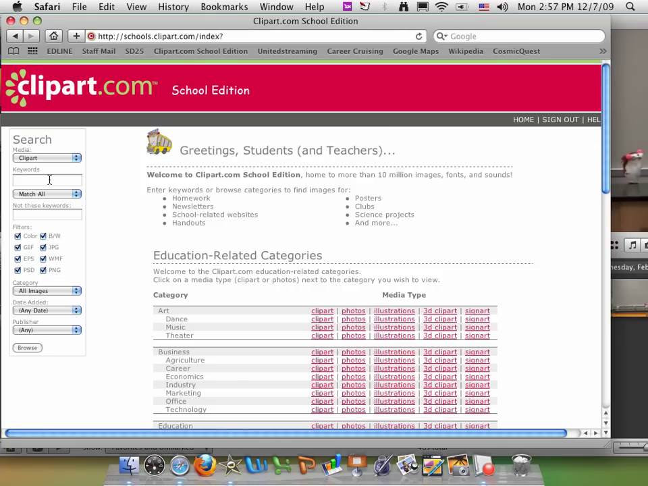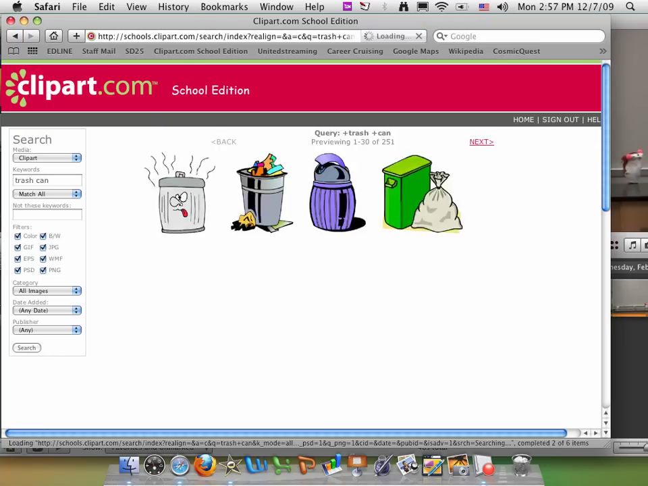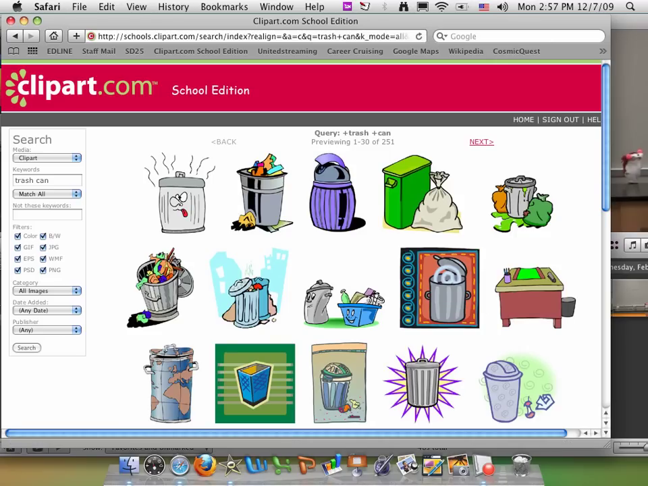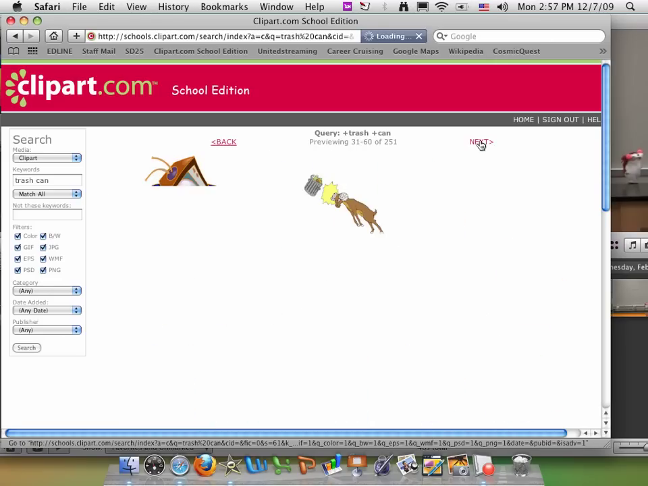On the keyword search here, go ahead and type in something related to what you're looking for and search, and you will see several options here. You can hit next